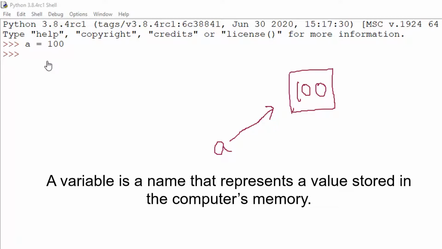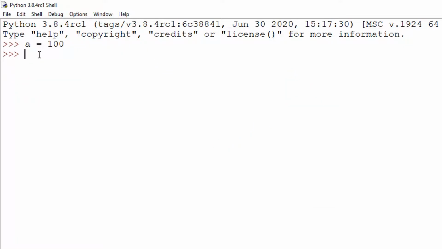So I can say a variable is a name that represents a value stored in computer's memory. So I can say a is the variable and 100 is the value. Now I am creating one more variable b and storing 20 in it.